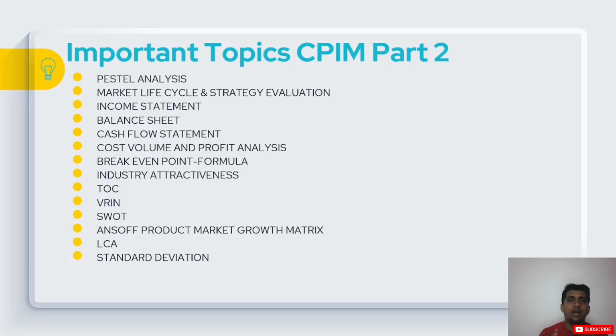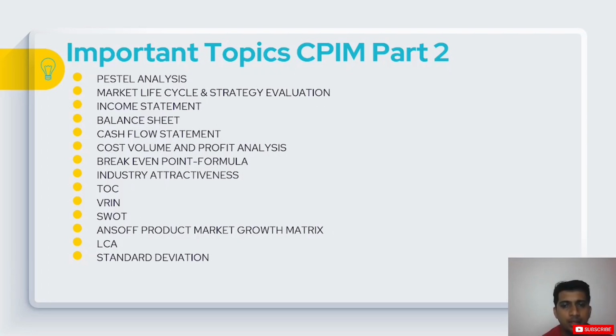Yes, I know it may be difficult for you, being a supply chain professional or an operational person, to understand this, but please take the pain to go through these financial terms and all the financial ratios. Just go through them, learn them properly, because you'll be finding a lot of questions on them in the exam. Cost volume profit analysis, break even point, industry attractiveness, different competitive factors, theory of constraints, VRIN, SWOT analysis, Ansoff